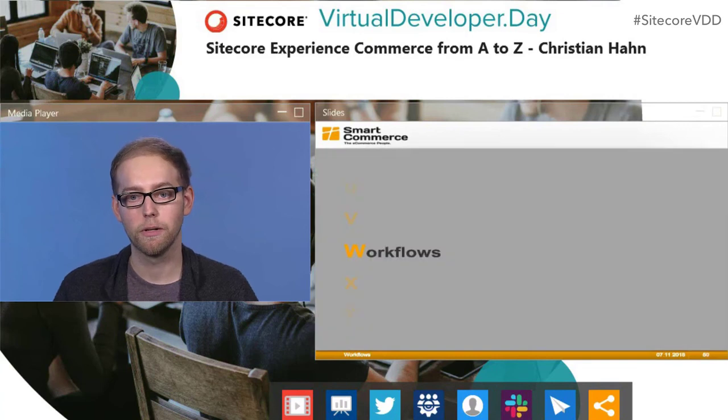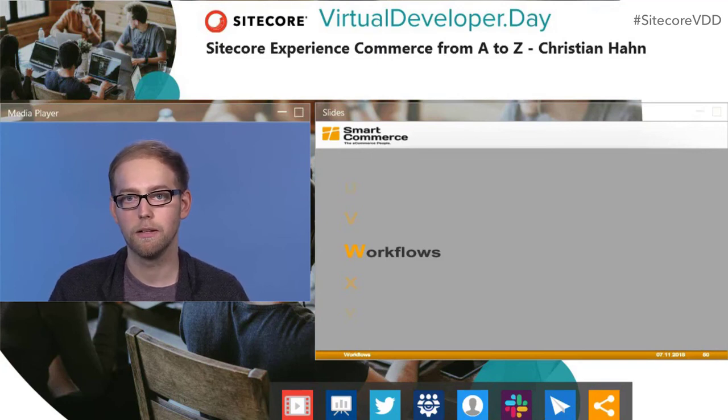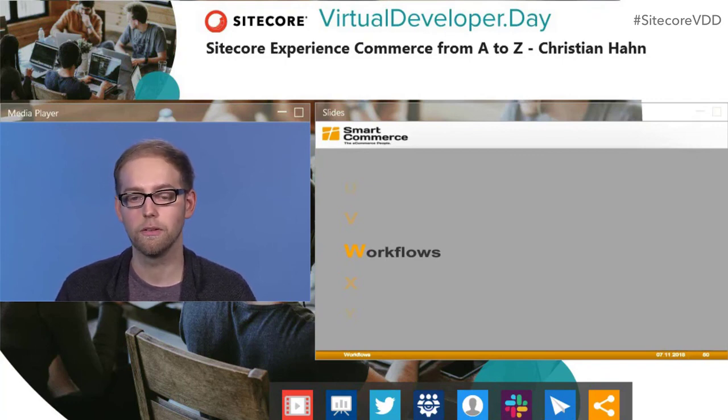Then, last but not least, the topic workflows. Quite an important topic. And for workflows, you have to keep in mind it's not only about workflows, it's about workflows, versioning, and publishing. You should know workflows in Sitecore Commerce in former times, for example in version 8.2.1, were about a staging system in the old Commerce Server. And with the release of version 9, initially, we didn't even have workflows. So it was not implemented, but with update 1, the latest version of Sitecore Experience Commerce, nowadays we have